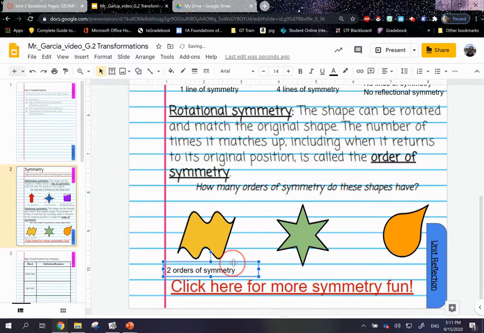Let's take a look at the star next. And again, I'm going to rotate this star and count how many times it lines up with itself. So I start spinning it, you can see my degrees there. And I have it matched up once here, which is at about 60 degrees. So let's keep going. Here it lines up again at 120,